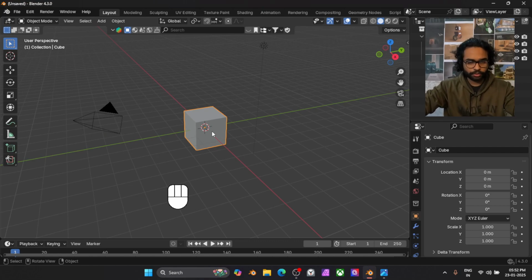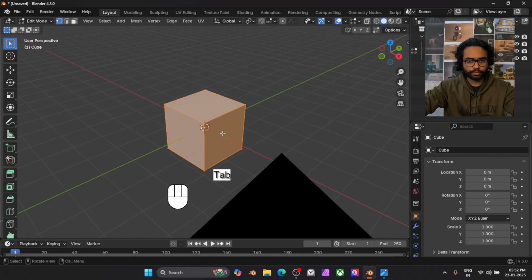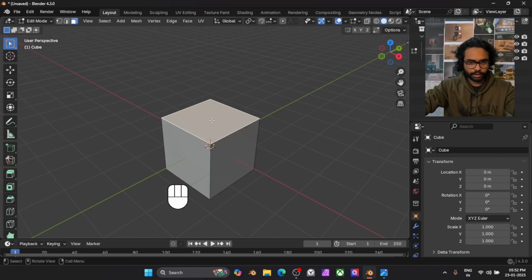So what you have to do first of all is press Tab in edit mode. First select